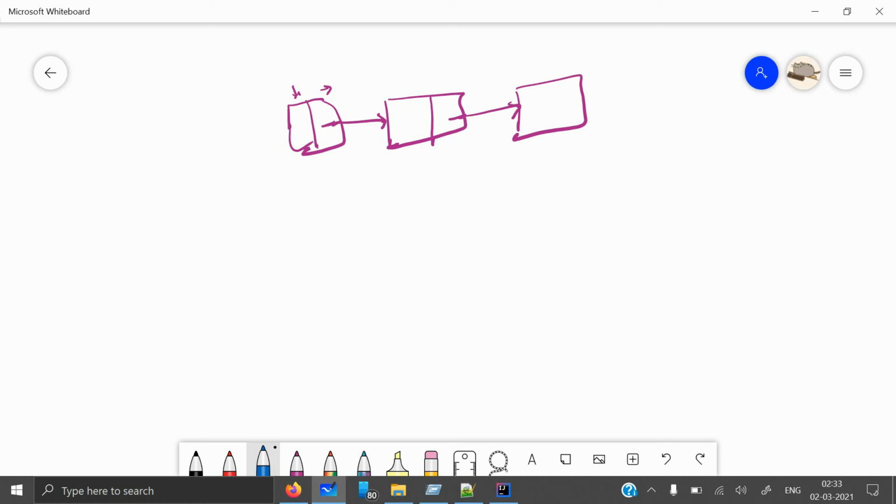So let's say the value is 1, 2, and 1. And this last next points to null. So now, firstly, what we can do is we will try to check what's the length of this linked list. If the length is 3, or in the generalized term, if the length is odd, then